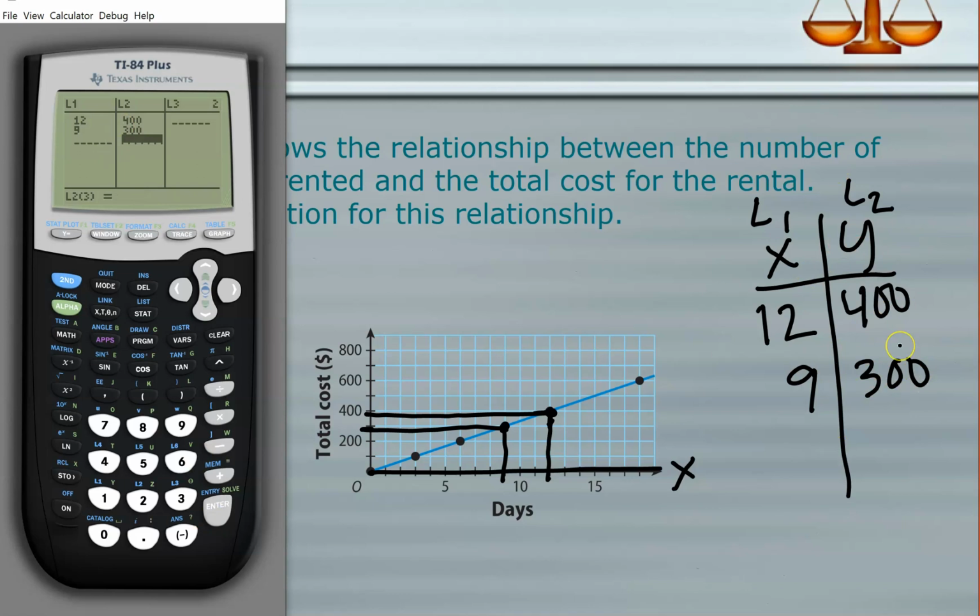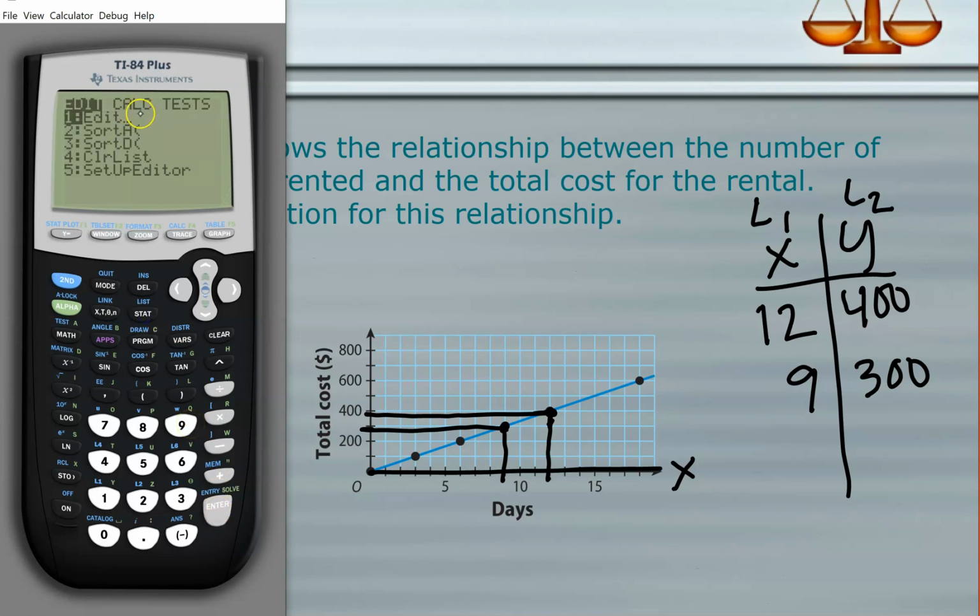You organize your information. Then you're going to go to Stat again. Now I do understand that it might be like, what the heck's going on? There's too many steps. Well, it's okay. We're going to practice, and I want you to practice so you can get better at your calculator skills, so you can always double check your work. So again, we were here. We typed in the numbers. We click Stat